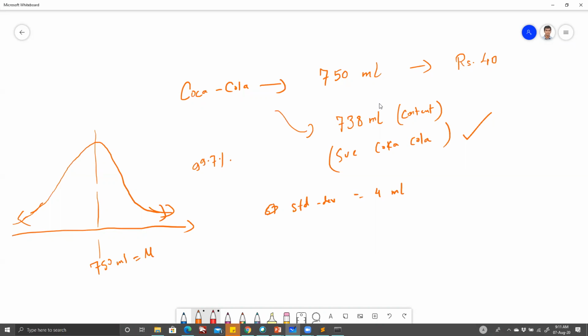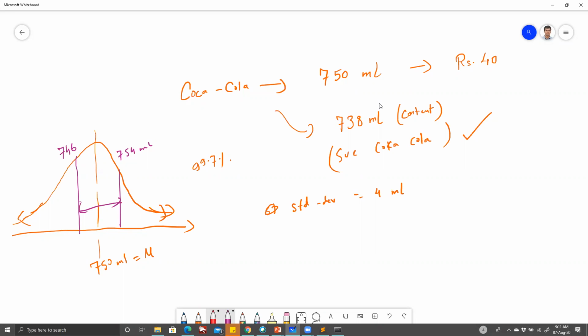So let's treat this process again as a random process. Again, the variability is too low. But still, let's say this is the first standard deviation. How many bottles will be covered in this range? So this is 68%, 746 ml and this is 754 ml. No consumer is going to cry about it if they get more. They're only going to complain and sue if they get less. Agreed? Yes. So we mostly have to worry about this lower tail side.